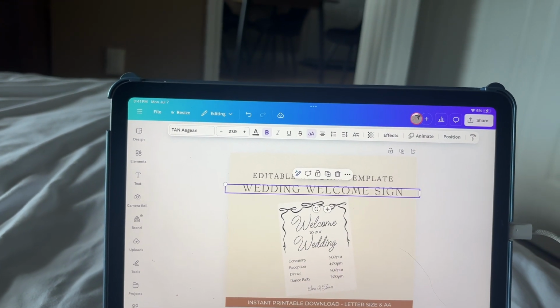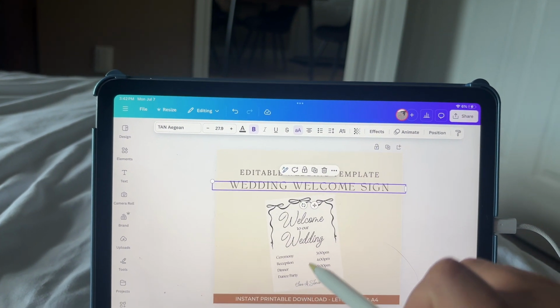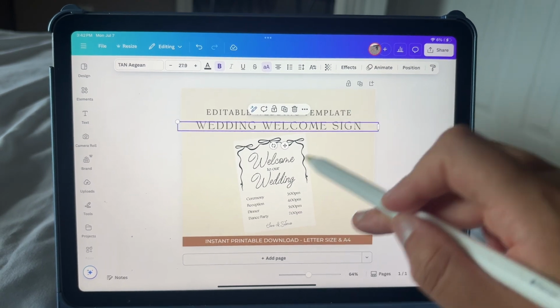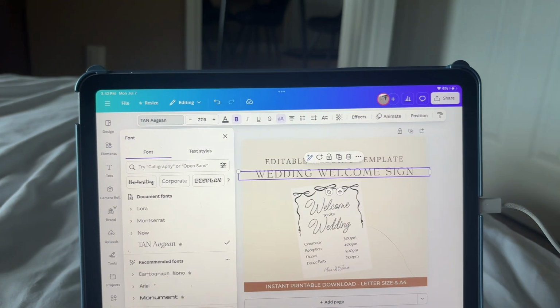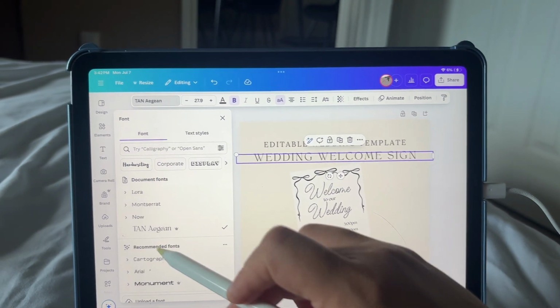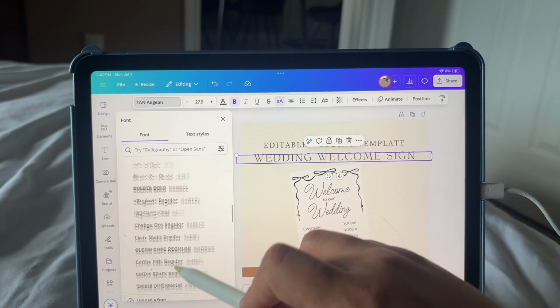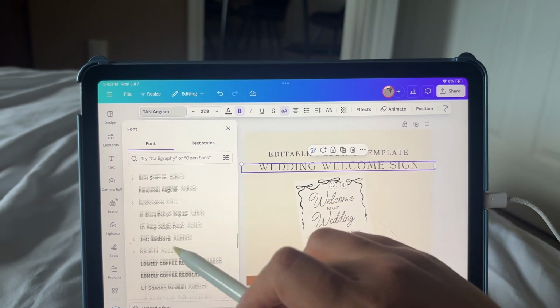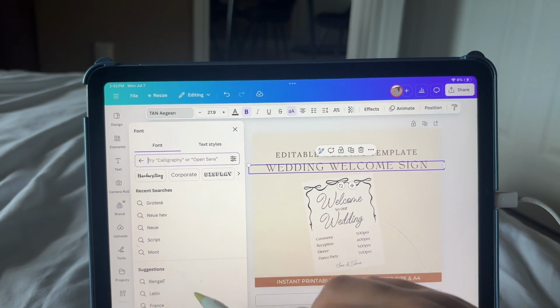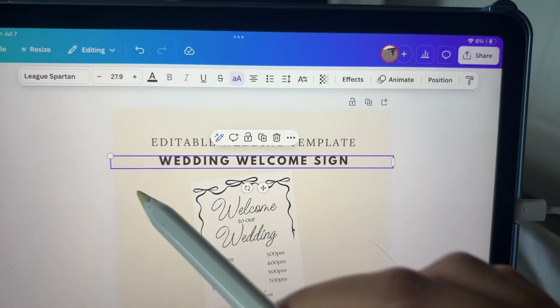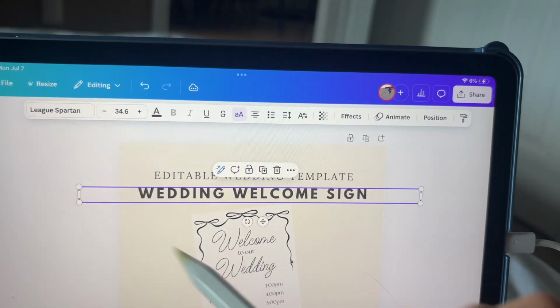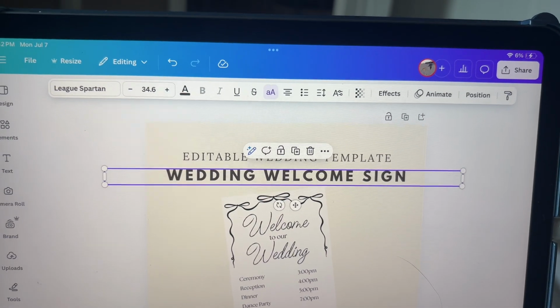And I'm obviously going to change the fonts. You can either make the font simple to your digital product and kind of similar to that. I do that a lot too. I just think it looks really clean, but I want a font that really pops here. So one of my go-to fonts, and feel free to obviously use this one as well, is League Spartan. So you can see here just why I like this font. It's super clean. You can make it a lot bigger too, and it just looks really, really bold,